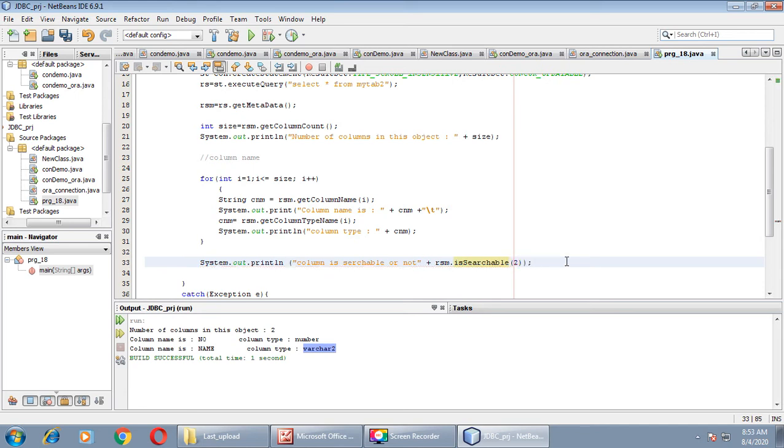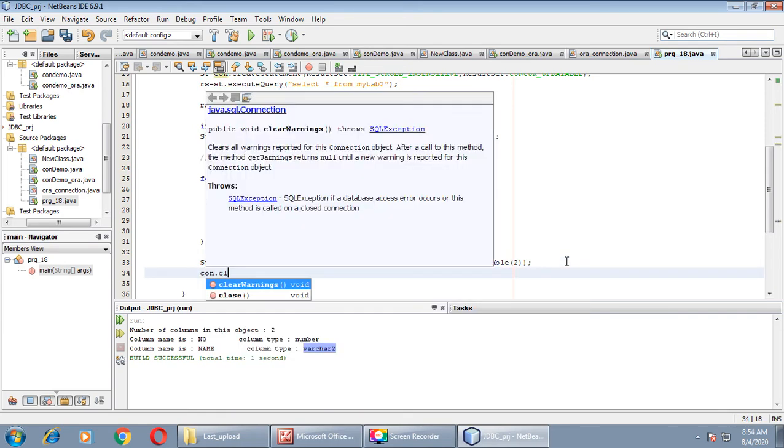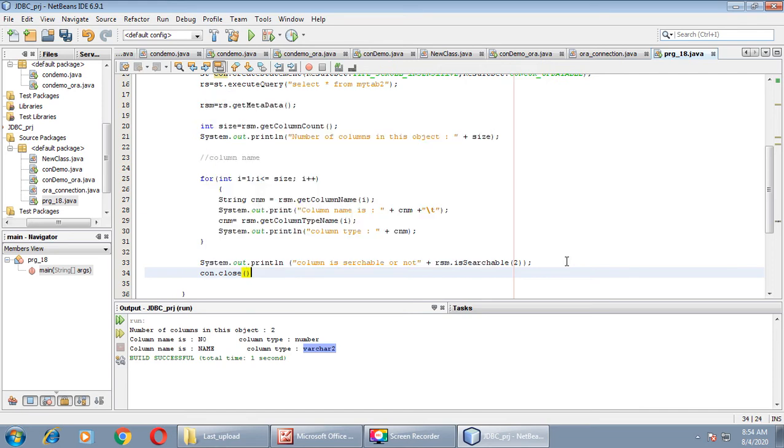At the end put the semicolon and then close your connection, dot close, semicolon.